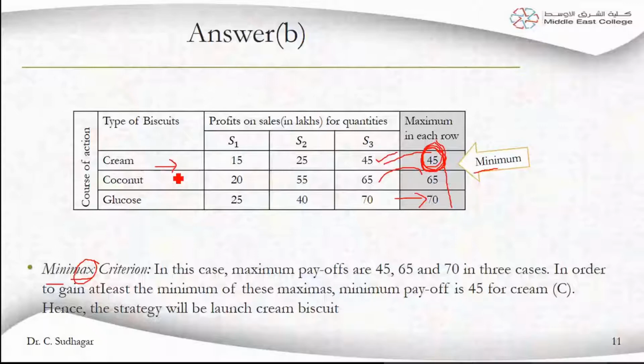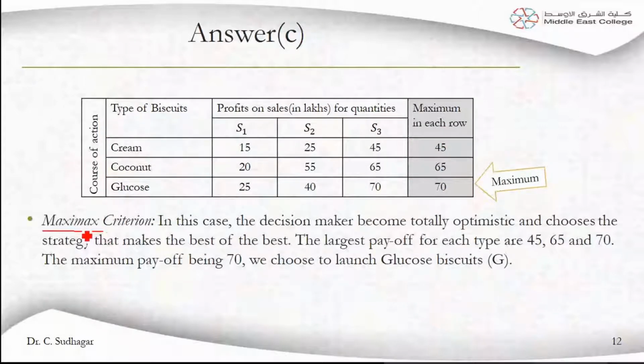Okay, now let us come to the Maximax criterion. Usually we think that everything is favorable to us and everybody is coming to buy from our shop. So in the Maximax criterion, first find what is the maximum value in each and every row. So that's going to be the same: 45, 65, 70. These are the three maximum values in each and every row. So see all the numbers: 15, 25, 45, 20, 55, 65, 25, 40, 70. The big number is 70. So take all the big numbers, and out of all these big numbers, again choose the big number.